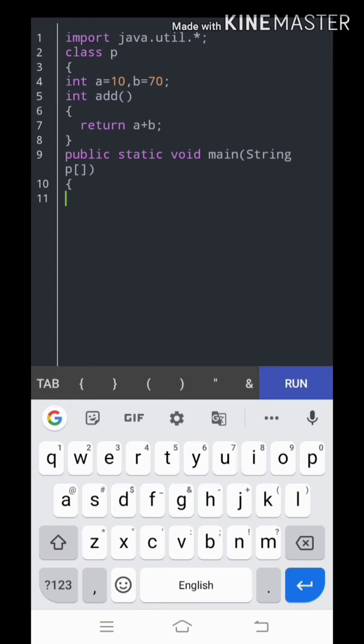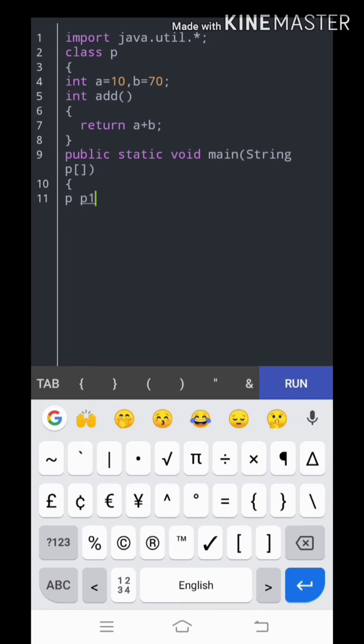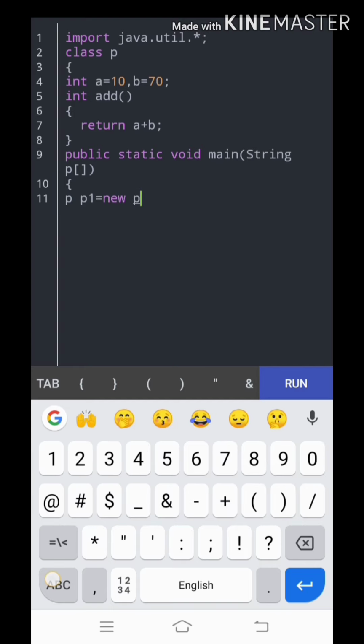Now we need to create an instance of that class. So p1 equal to new p.